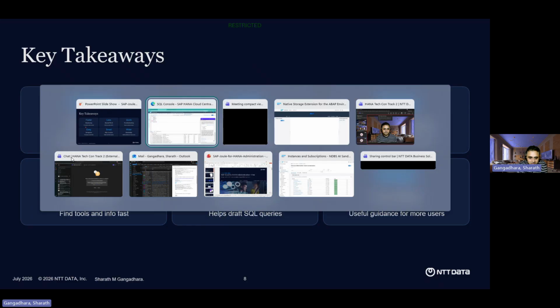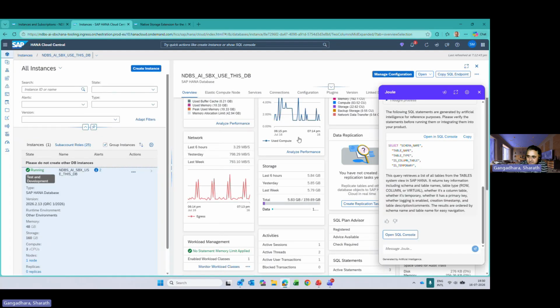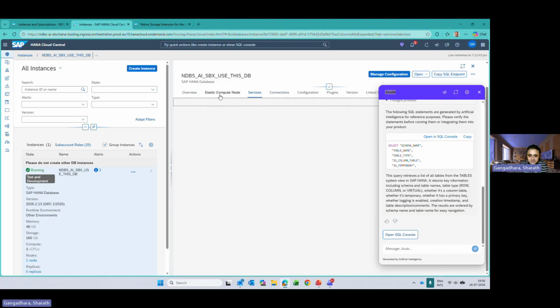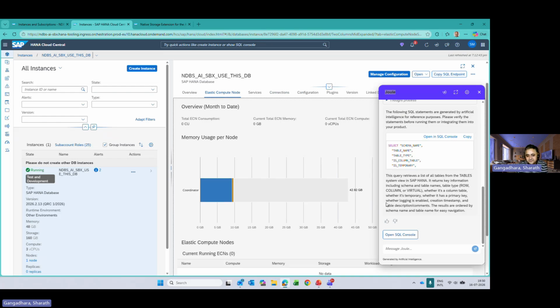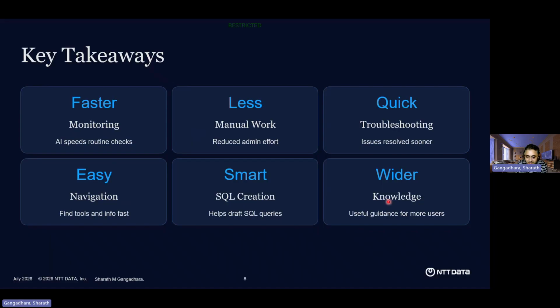For example, the sheer number of applications and tools is vast. If you need to navigate through each, you need to know how to navigate. So that one aspect of navigation makes it much easier for consumption. The SQL query support, especially with the vast tables and the columns to be queried, is much more friendly